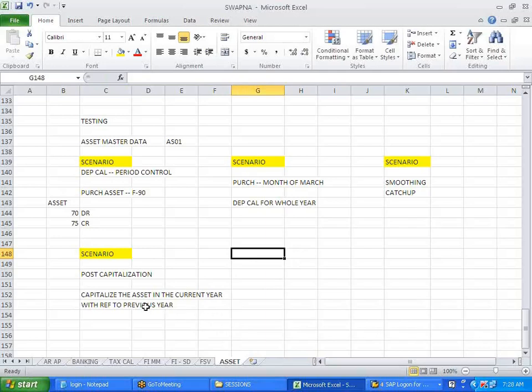So what I'm doing here, I'm capitalizing the asset in the current year with reference to previous year. Kadir, I can't see your screen. Are you trying to put it in the Excel? Refresh it. Ravi, can you see? Yeah, I can see. Okay.